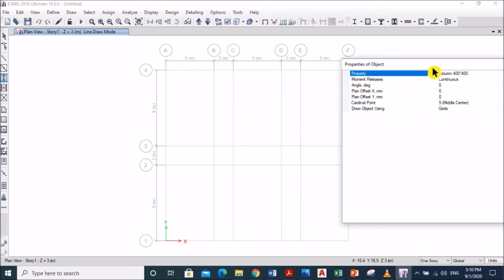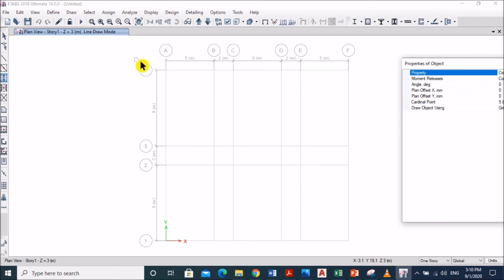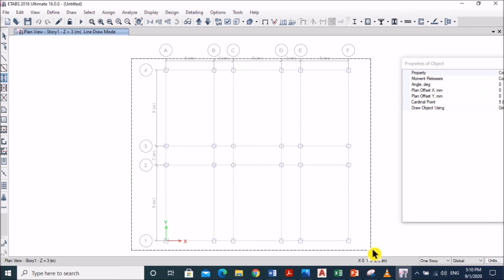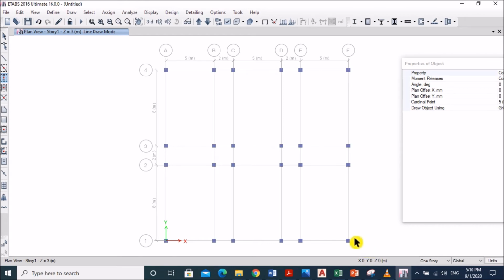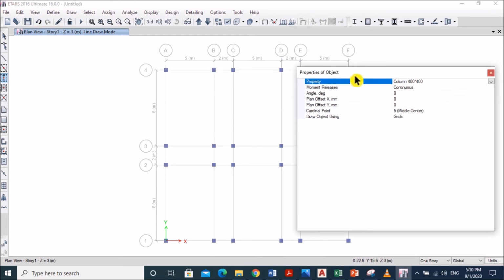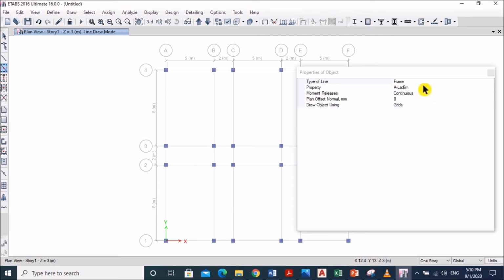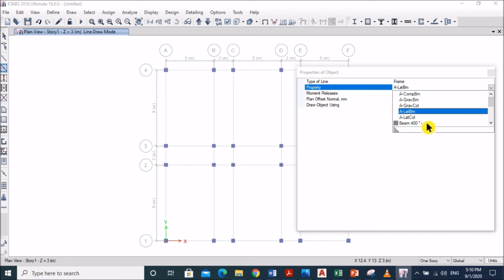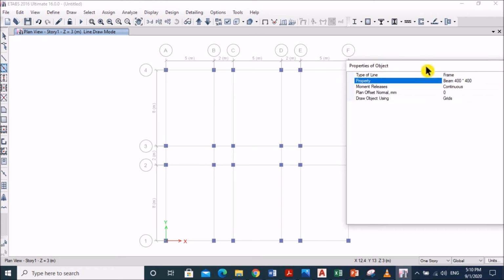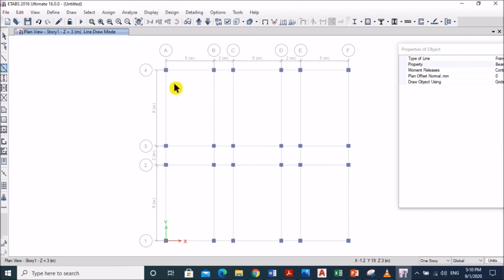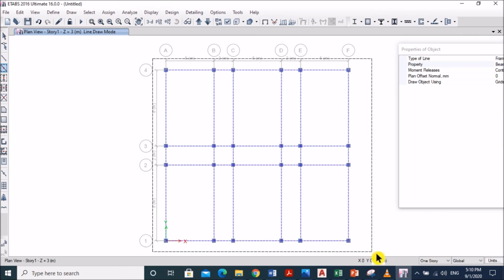Okay, now go to quick draw beam frame. Property would be beam 400 by 400. Again, select all the grid.